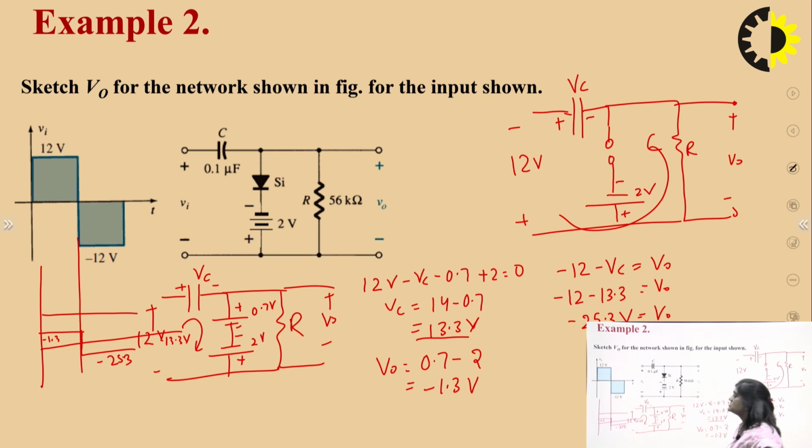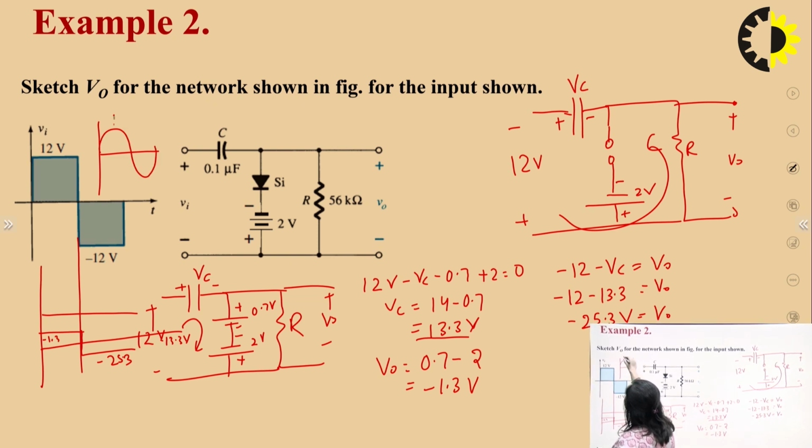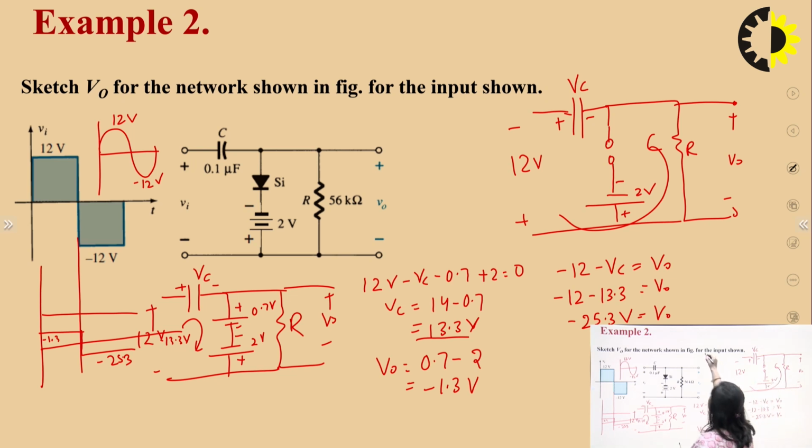So this is how we can solve this numerical, and we can also apply this numerical for the sine wave. Like if this waveform is the sine wave, and this is the waveform 12 volt here and this is the minus 12 volt. So all the analysis will be the same, but the output waveform will be drawn in a different way. Like this was our input, 12 volt and this is the minus 12 volt. This is our input. So how will the output waveform be drawn?